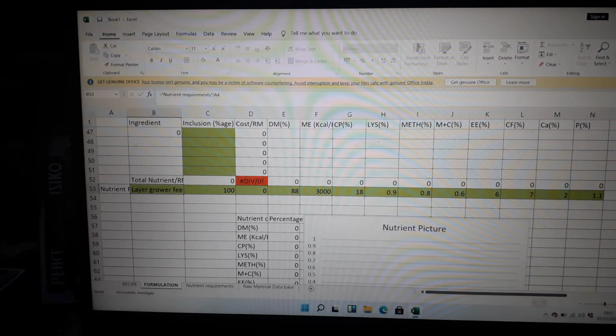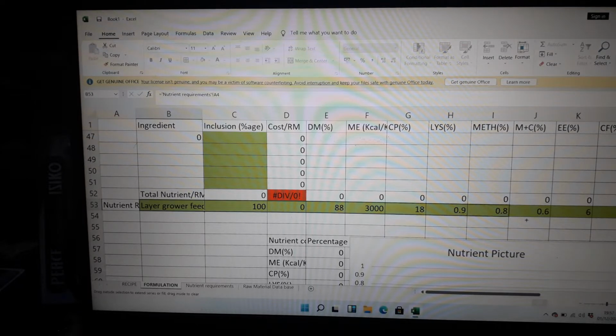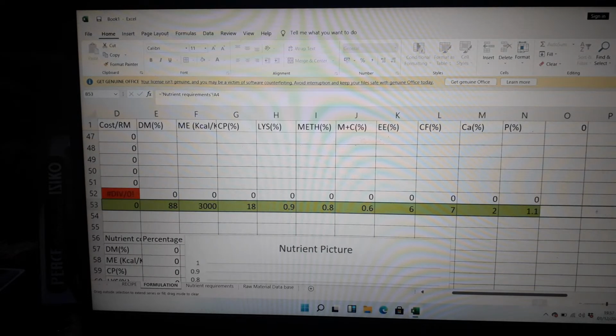Let me enlarge that for you to see. You click in the cell, and now this is a big plus. You move to the bottom right corner, and then you left click, non-stop, you don't release, and drag up to the last